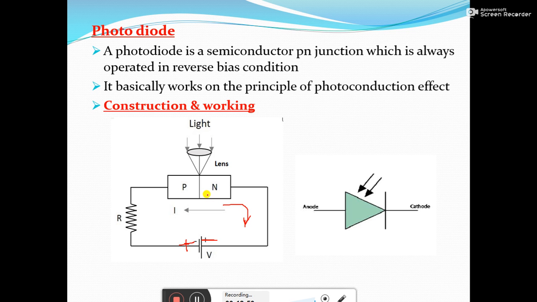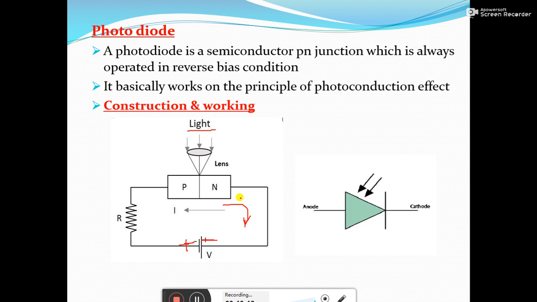In this scenario, even if the junction is exposed to the light energy, there is no doubt a number of electron hole pairs will be created. But the current contribution due to these electron hole pairs generated from the light energy will be very least, compared to the forward current.